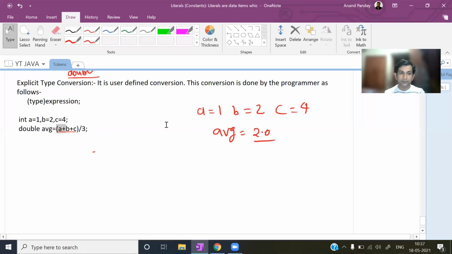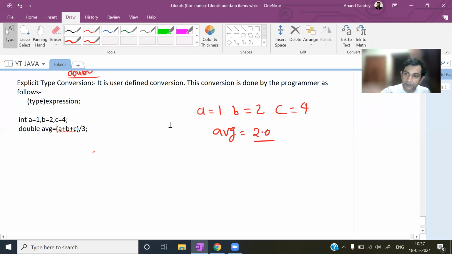As per implicit type conversion, we are getting 2, which is not logically correct. We want to get 2.33, and we are getting 2.00. Means we are getting an integer result, but we require a fractional, double type value.